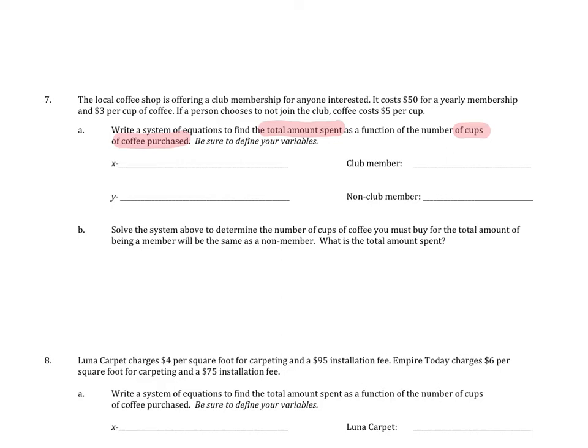Right, and so the total amount is usually the y variable. So we would say y is the total amount of money,